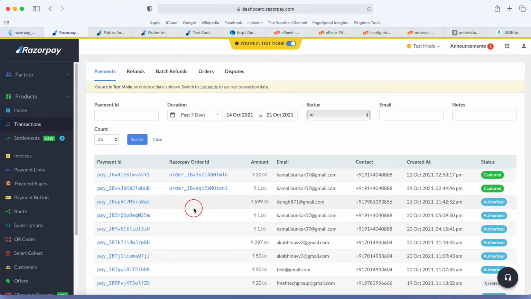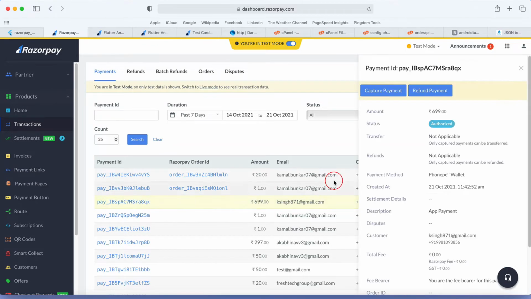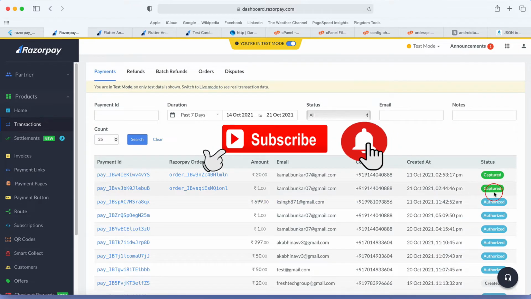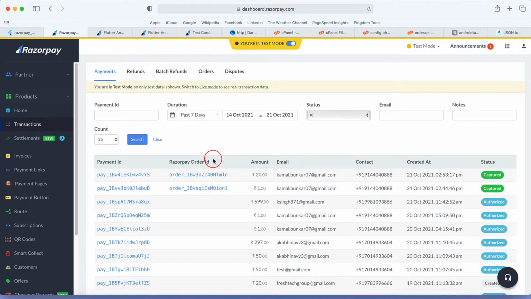Authorized means you need to manually capture the payment. Your payment will not transfer automatically to your bank account if the status is only authorized. But if the status is captured, that means this payment will automatically transfer to your bank account after one day.